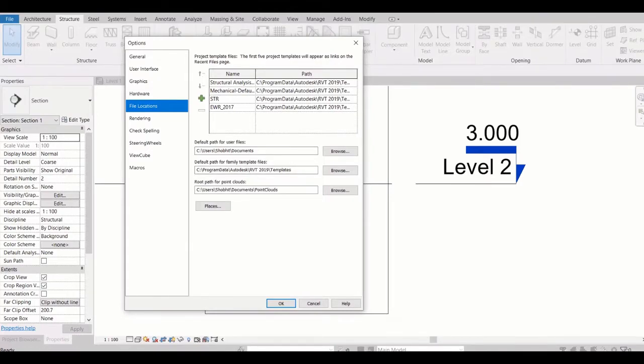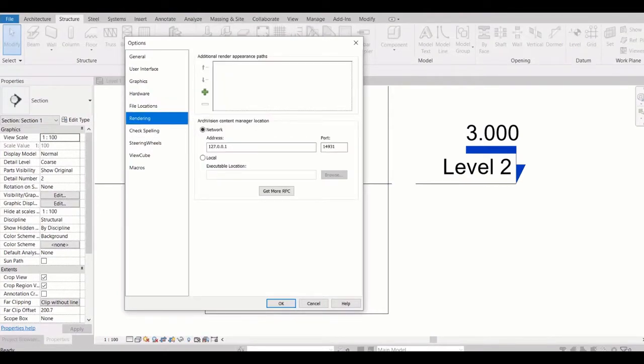If you are working independently on your system, you will use the default one, whatever comes with the Revit 19 installation. Or if you are working on your office project system and they have some Revit library, you can navigate to that library location as well, so you don't need to go there every time.